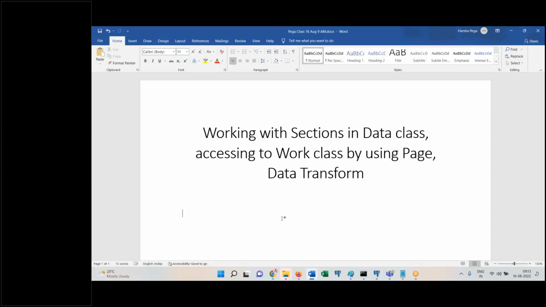I have given you a requirement, right? The requirement is creating an address details form. For this, as usual, create the data class, then properties. We know up to this. Then create a section in the data class,